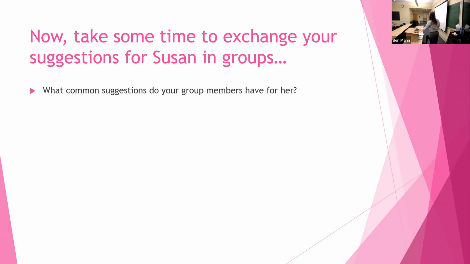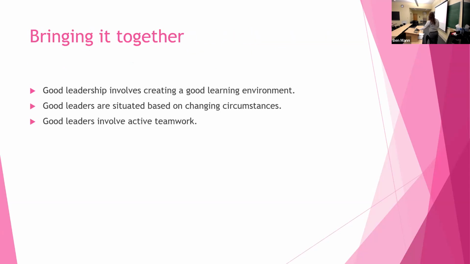So to wrap up for today, we talked a little bit about how we can create a good environment for people to learn together in groups, how situations and circumstances can change the way that group members behave, and also the idea that active teamwork and involvement is necessary for good groups. So you might be doing something like a study group or something similar for yourself. So I really recommend that you apply and use some of these kinds of skills to help you make those study sessions work the way you want.